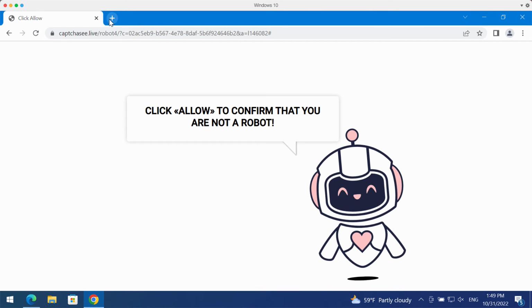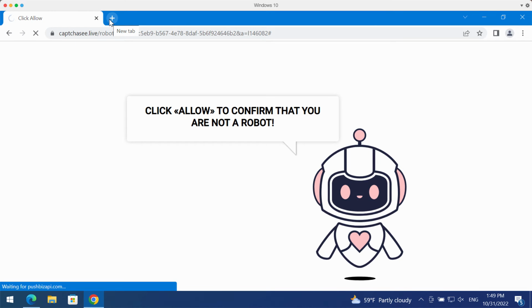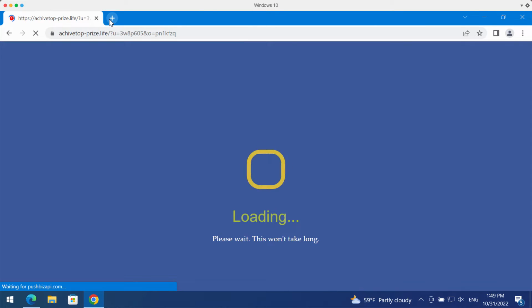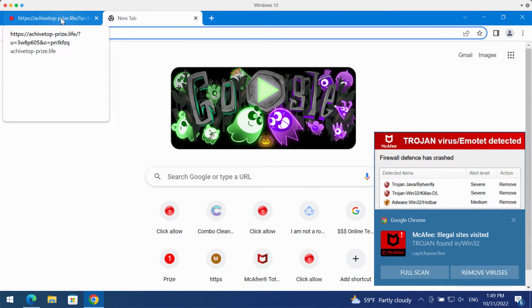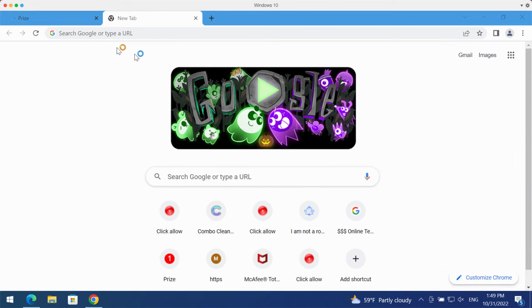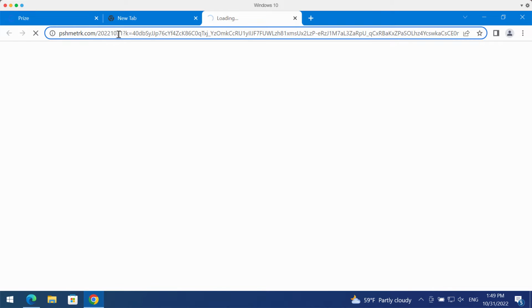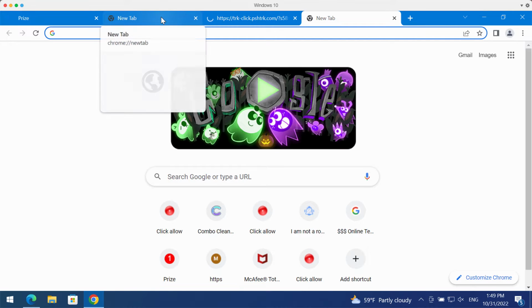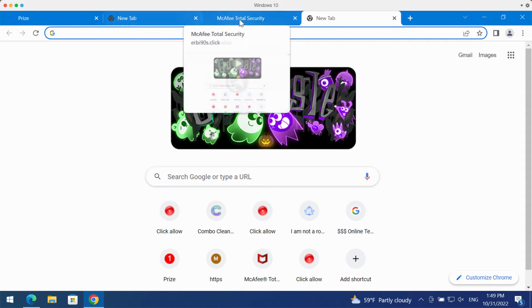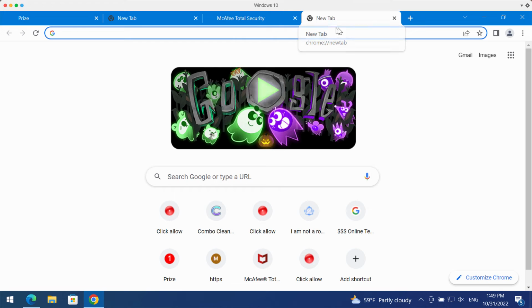If the allow button was mistakenly clicked, your browser will be hijacked with multiple ads, and also you may be redirected to some junk sites that may display some other malicious content in front of you. Anyway, if you have clicked on allow button, definitely it was a mistake, and you need to fix this mistake